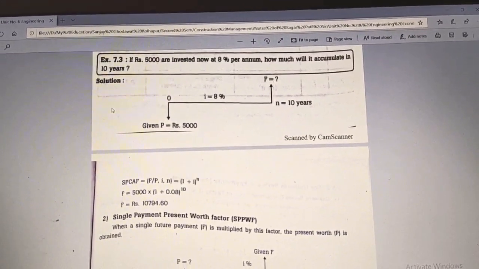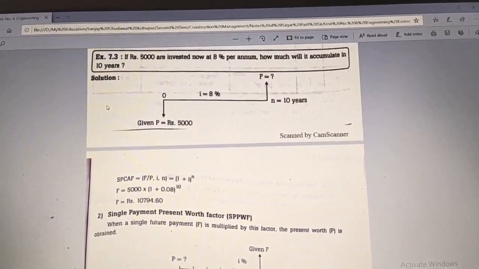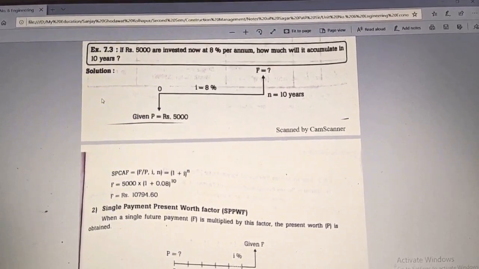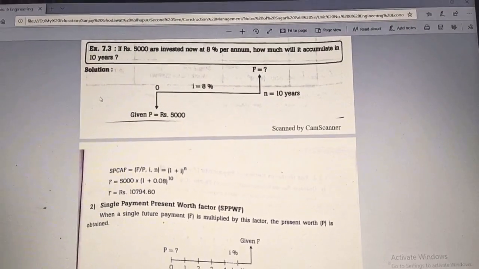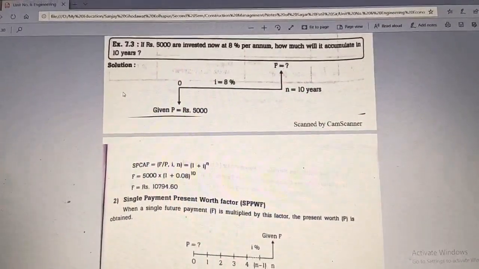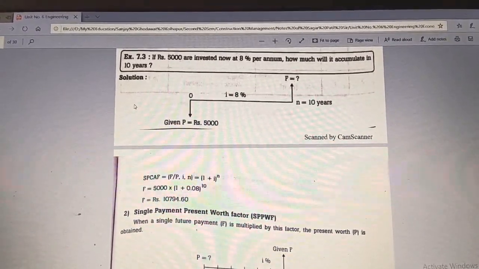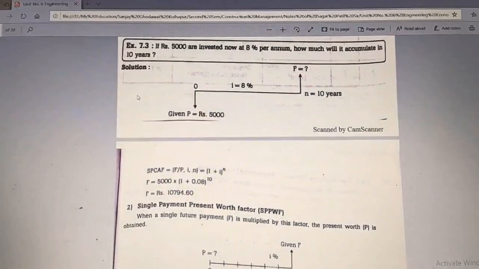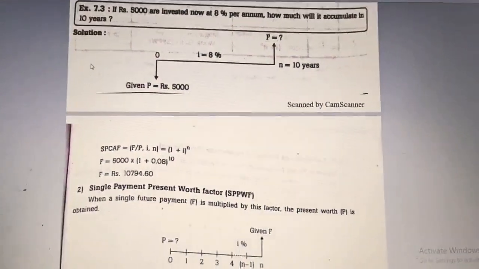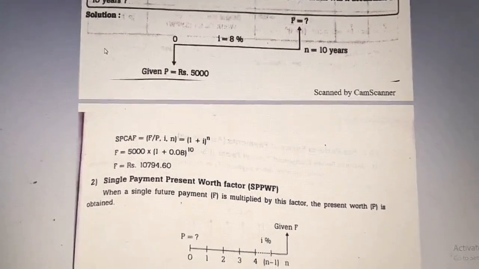So now, after understanding the logic behind this numerical problem, we can make one thing very sure, that this numerical problem is purely related to my first factor which I have already explained, that is single payment compound amount factor. So now, to solve this numerical problem, I have to understand a simple and a fixed formula what we have for this particular factor, that is